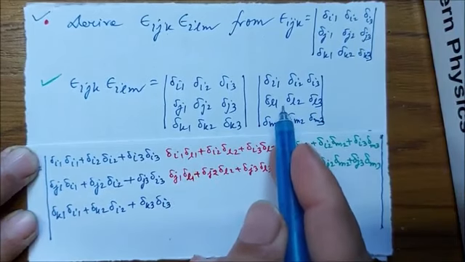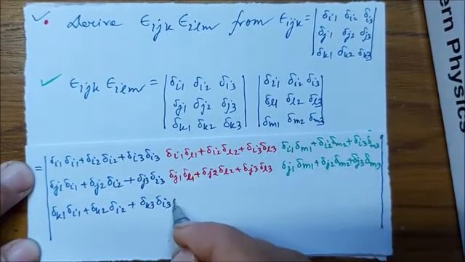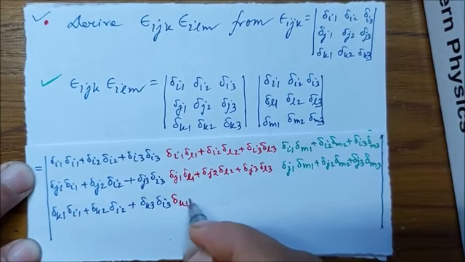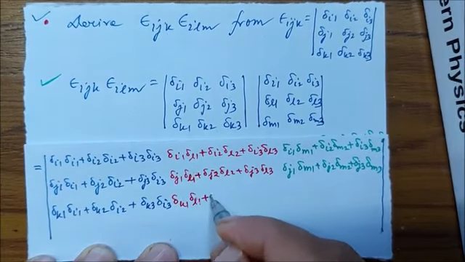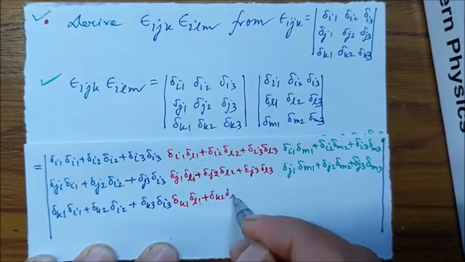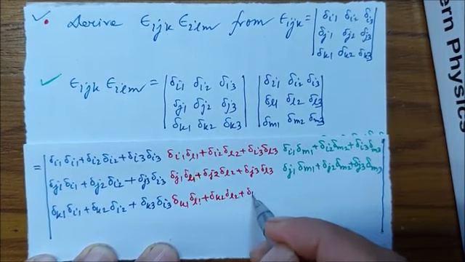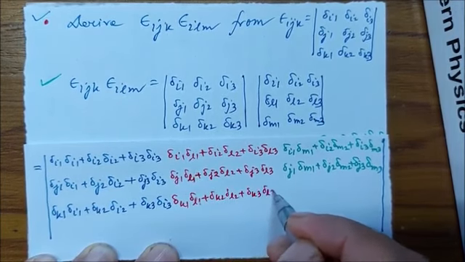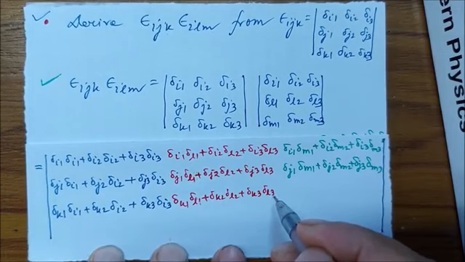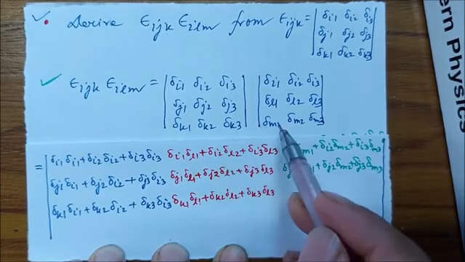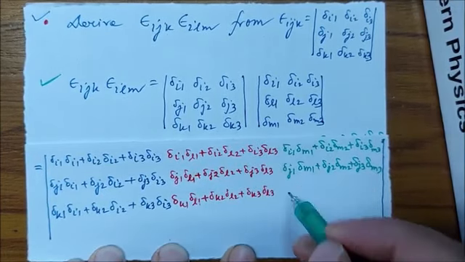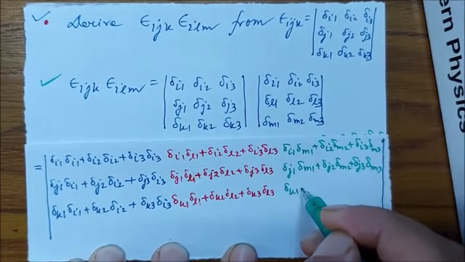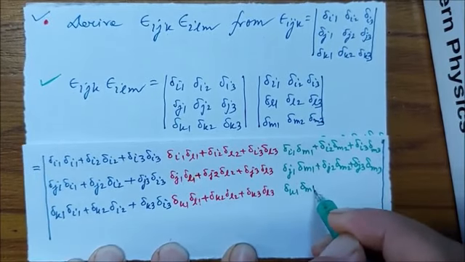Third row into second row gives us, and then the product of the third rows, this gives us